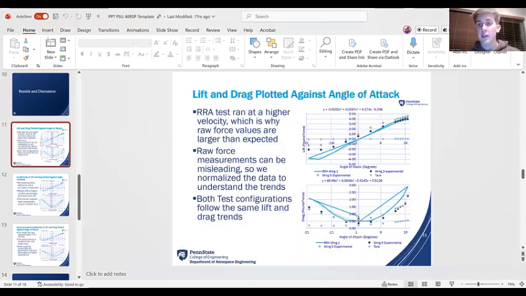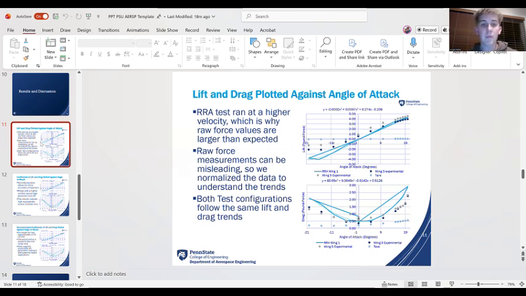To start off with the lift and drag raw data plotted against angle of attack, you will notice that the RRA data is higher in total lift compared to the Wing 3 data. We would expect Wing 3 to have a higher total lift because it has non-zero camber, which will generate more lift. But that is not the case here because the RRA data was run at a velocity of 80 feet per second, while we ran our experiments for Wing 3 and Wing 5 at 70 feet per second, and lift is proportional to velocity squared,